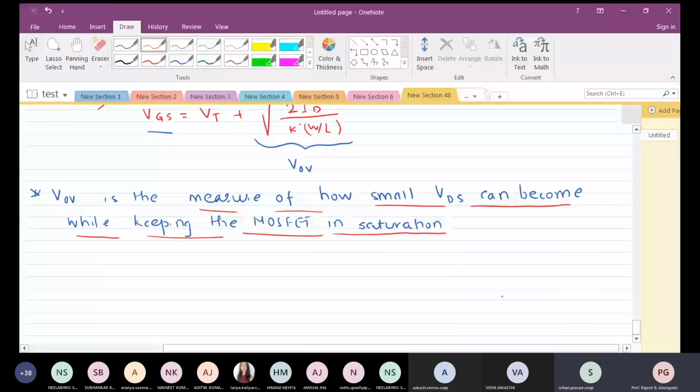specifically in case of MOSFET, we have to keep it in saturation. If it is BJT, we have to keep it in the active region. So now our job is to find the biasing circuit for the MOSFET so that it is always in saturation. That is the Q point again.